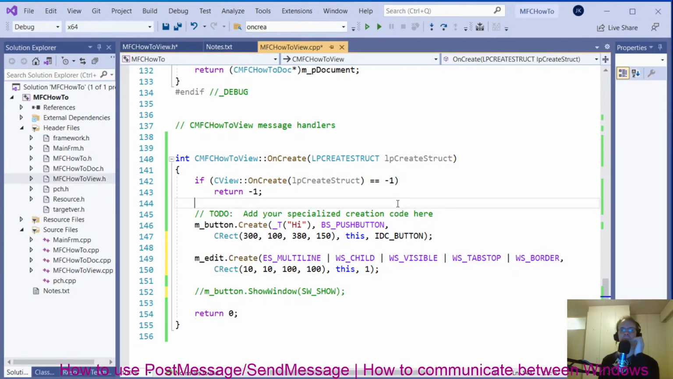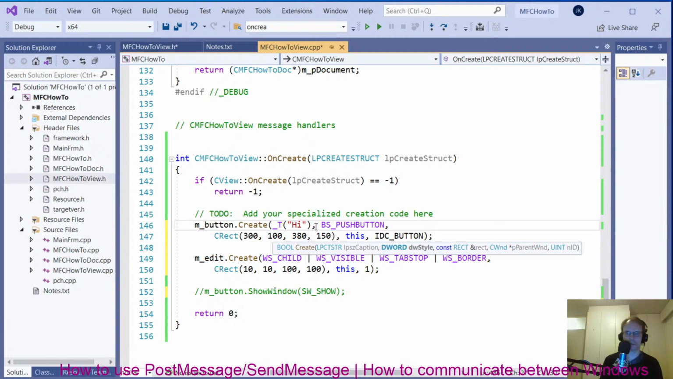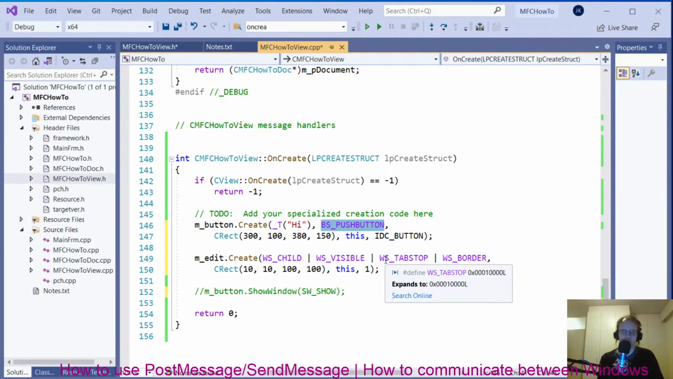Okay, so it's not going to be multi-line, it's going to be single line. Visible. Okay, tab stop border. I'm not going to worry about the styles too much now. I'm just going to create a random style. Tab stop border. Okay. And then let's just throw it in a random place like that, and that ID